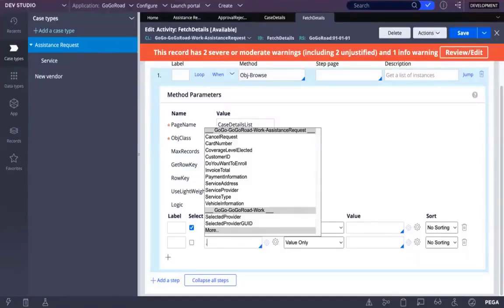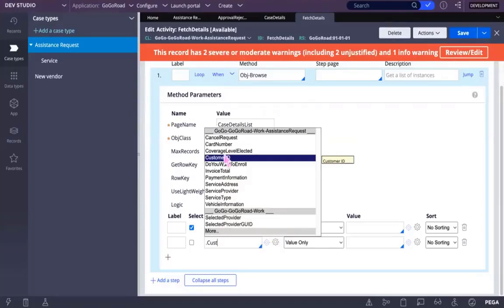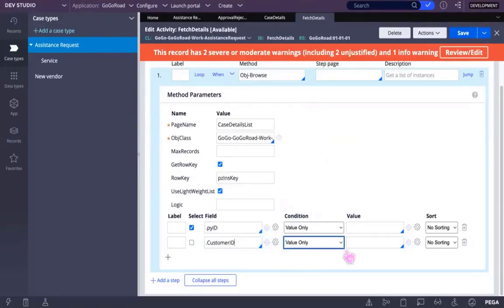You can use customer ID or whatever you want. Give it here. Customer ID. Again, you click on dot.